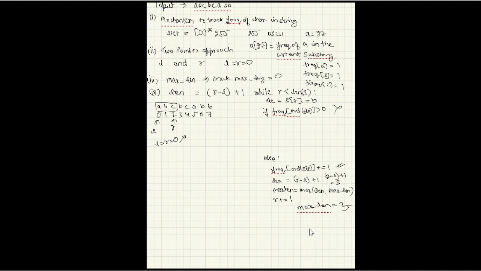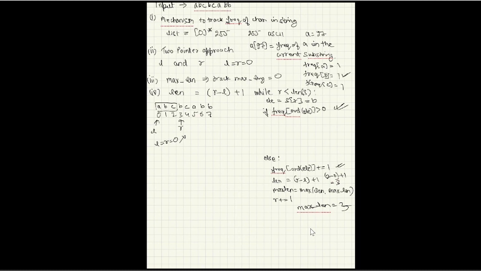This is a scenario till which we are not encountering the repeated characters. The tricky part comes where we actually encounter the repeating characters, right? So what we have to do in that scenario? Let's have a walkthrough and let's see what happens, right? So now R has become 3, right? R has become 3, and when we check here that frec of b is greater than 0, yes, and this